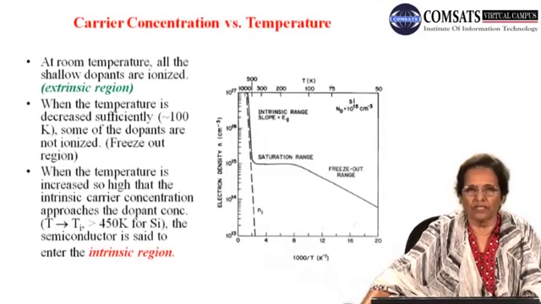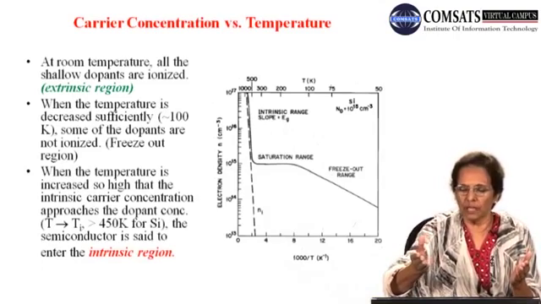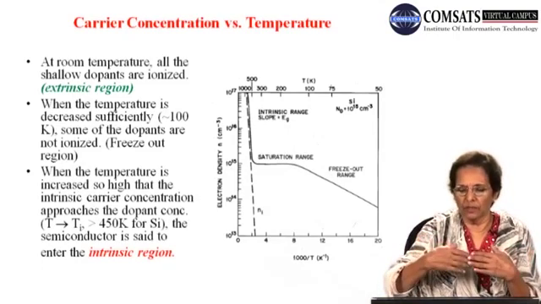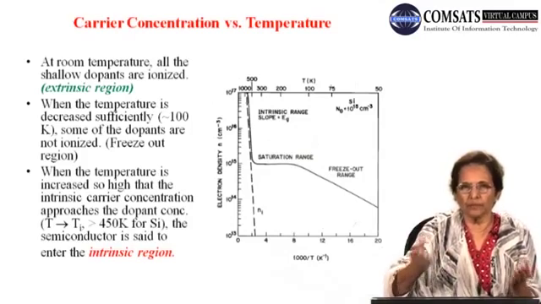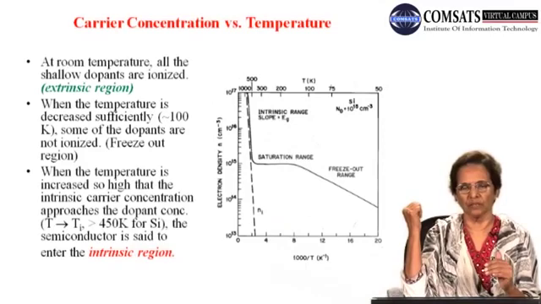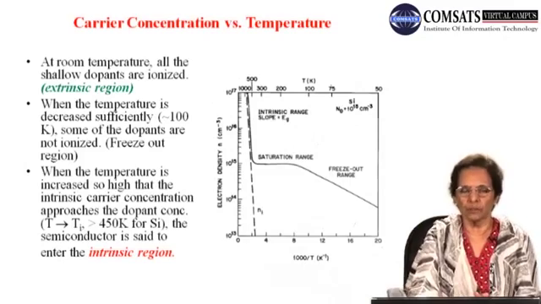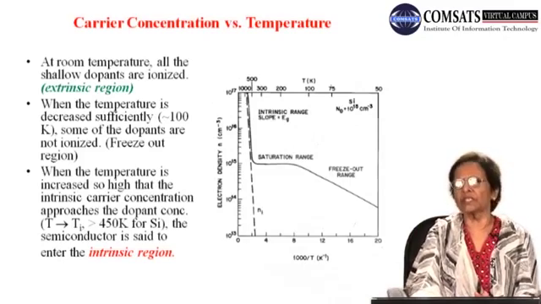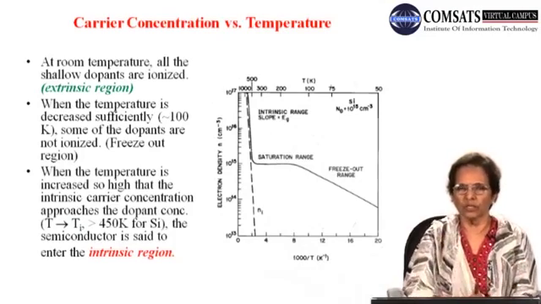Let's imagine it as follows. Your material has been now doped, and I have taken my dopant to be from the 5th group because I want to make the material n-type. Let's hypothetically begin with the 0 temperature, as you see in this diagram of free carrier concentration versus temperature. Let's hypothetically begin the scale from 0. At 0 temperature,